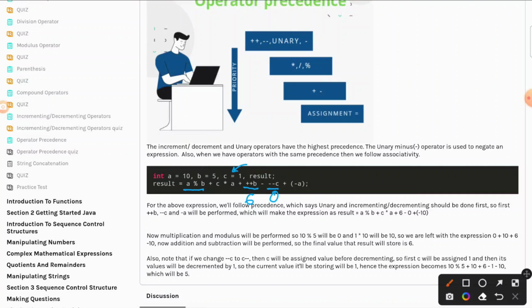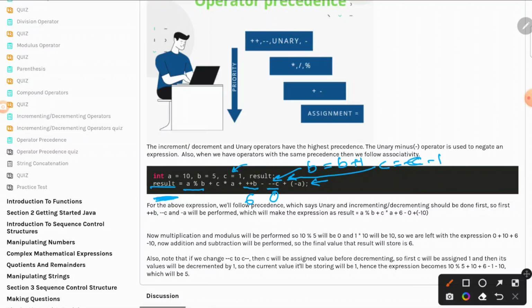That means we will increase the value first, then use it. If it was b plus plus, we will simply use the value of b, and after the evaluation of result, this is where the value of b will change, not in this statement. But since it is plus plus b, that means we have to first increase and then use b. So b was 5. It is as good as inserting a line here that says b equal to b plus 1. Similarly, c equal to c minus 1,